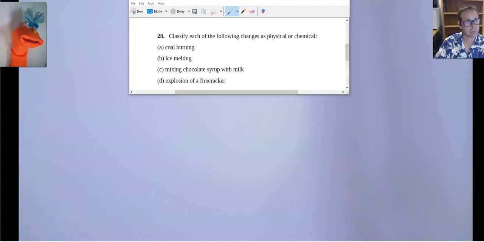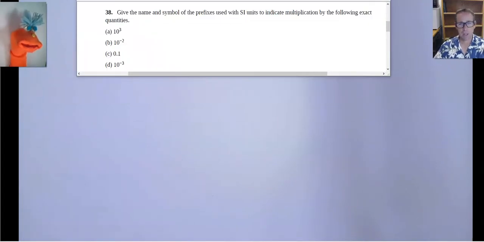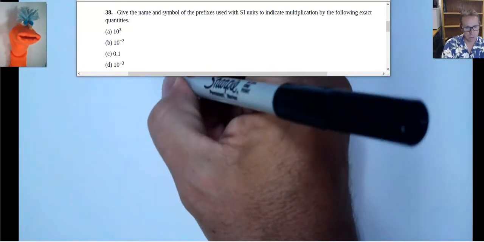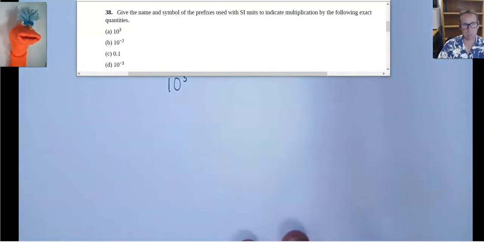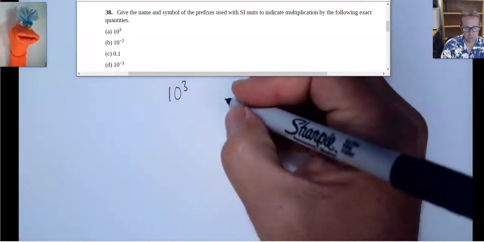Okay, good stuff. Number 38 here, give the name and the symbol of prefixes used with SI units to indicate multiplication of the following exact quantities. All right, so if we want to say 10 to the third, what's another way of saying 10 to the third with one of our prefixes out there? So for those of you who are still trying to figure out or remind yourself about scientific notation, then we say 10 to the third is also